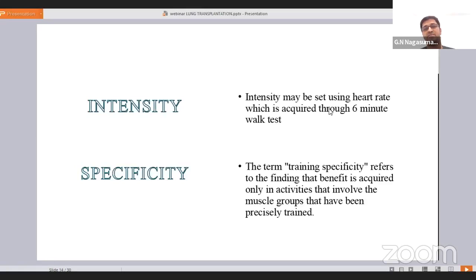Next comes specificity training. This is very, very important. As the research says, targeting large muscle groups will give you more effective outcomes than targeting small muscle groups. We have good large muscles in our lower limbs, so usually our target will be quads, hamstrings, and glutes. When it comes to upper limb muscles, our target will be the biceps and triceps. These groups will be trained a lot for better outcomes of your pulmonary rehab.